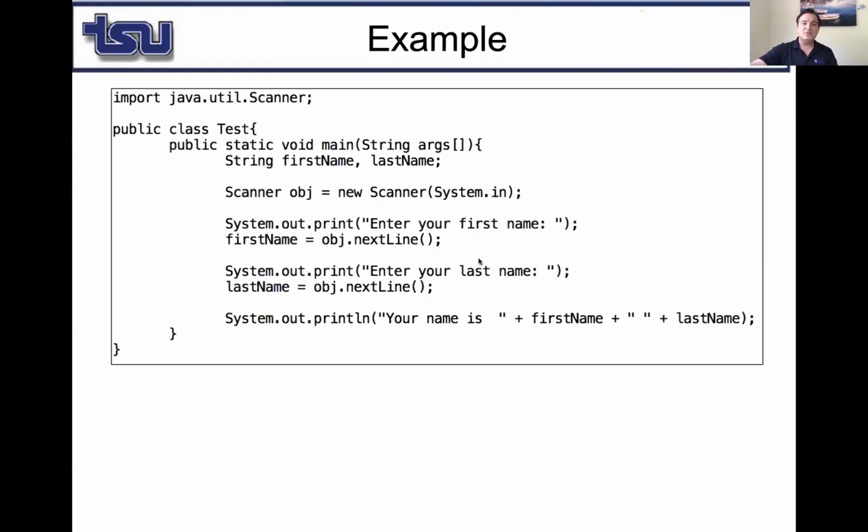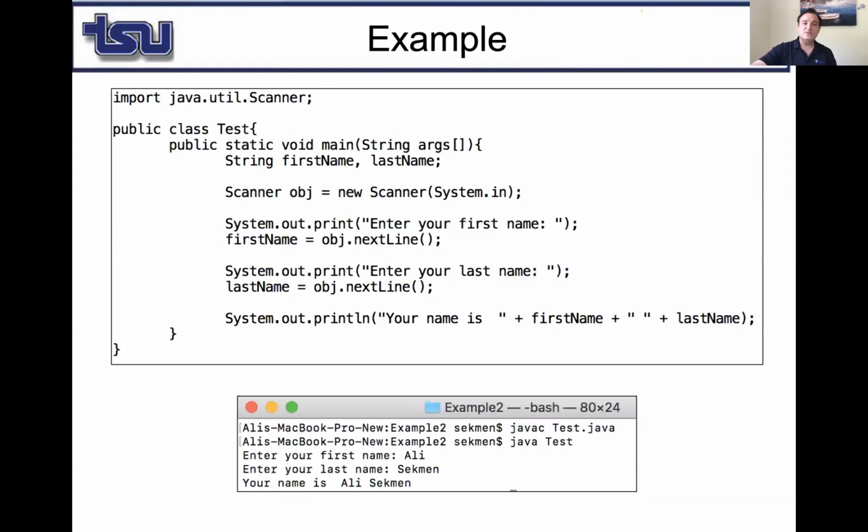Here's another example. This time I define two strings, first name, last name. Okay? Let's see the difference between these two. I create a scanner object, I call it obj. It says enter your first name. I type Ali and hit enter. So next line is gonna read Ali and assign it as first name. Then I have another print, enter your last name,